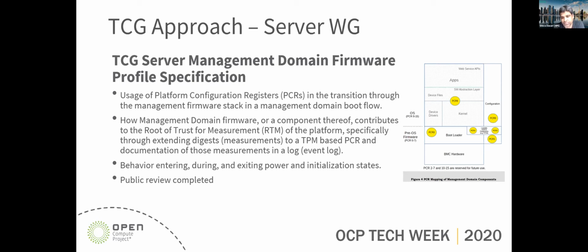Typically, the BMC comes up even before the TPM comes to life, because the TPM is accessed through the CPU, and the CPU comes to life after the BMC comes up. So there are some practical issues that are currently forcing two separate TPMs.